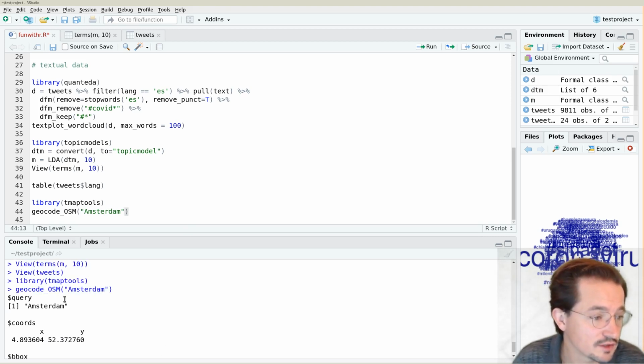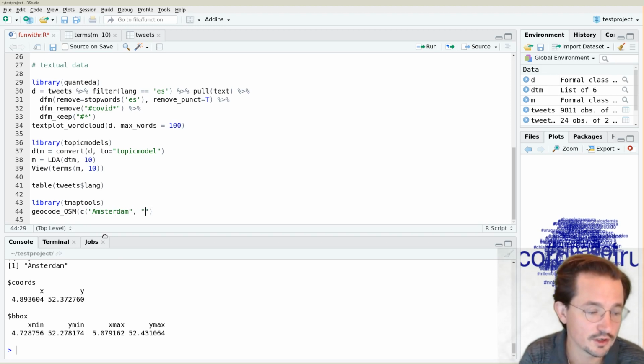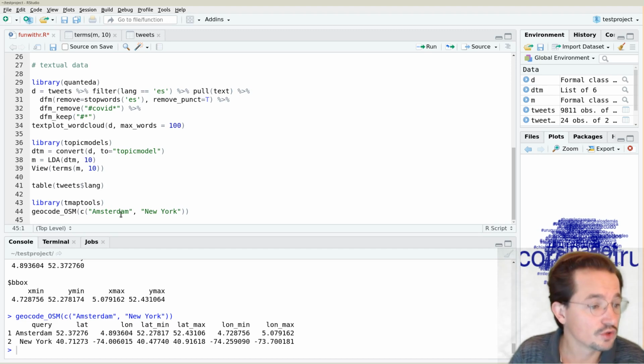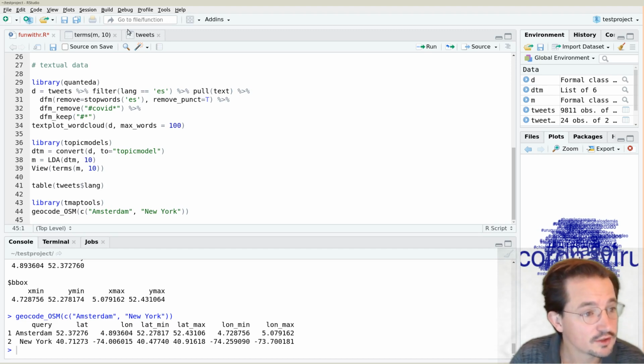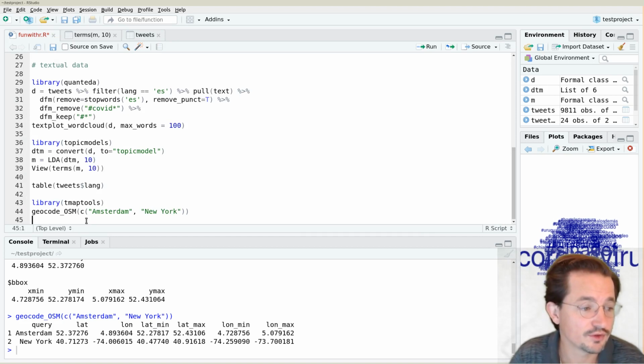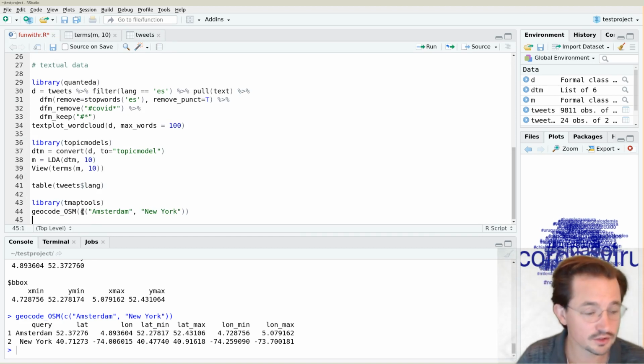If you request a single one, you get it displayed like this, but if you request multiple locations like Amsterdam and New York, it will give you a nice little data frame like the way we're used to it. So what we could do now is actually take all the locations mentioned here in the tweets and look up their locations and then rejoin that with this data set. Now that will take quite a lot of time to use this service to ask for 5,000 locations. So instead we're going to be cheating a little bit again,